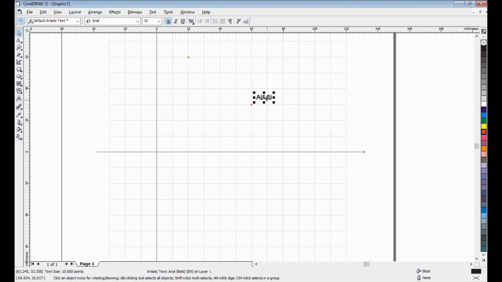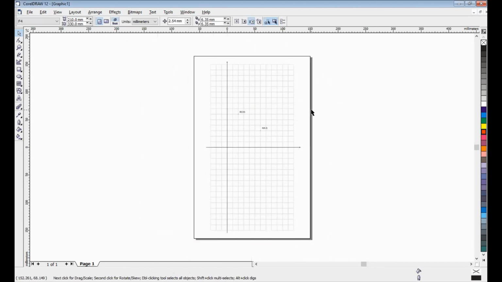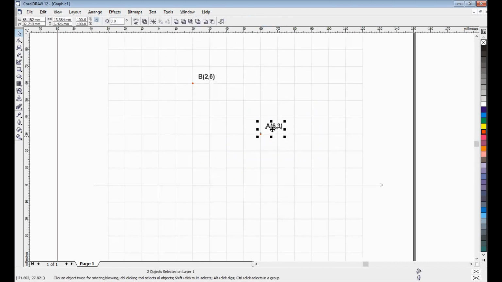Ctrl C, Ctrl V. Maybe I call this B, 2 and 6. Okay, 2, 1, 2, 3, 4, 5, 6. That's it. Now we'll try to change.